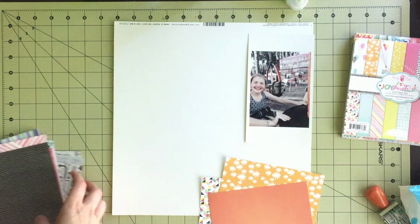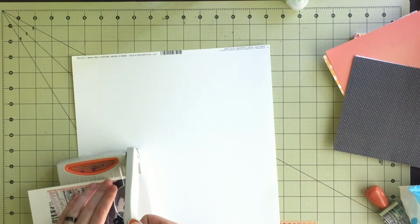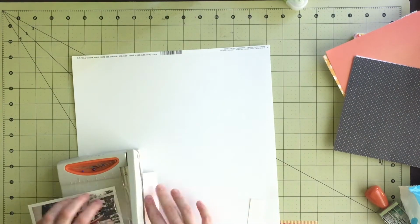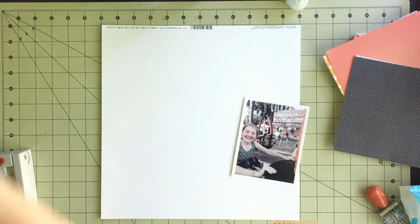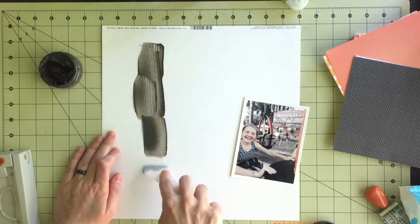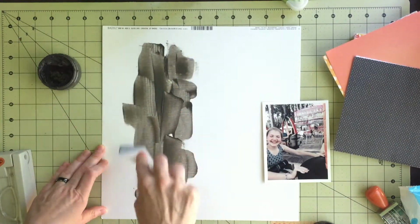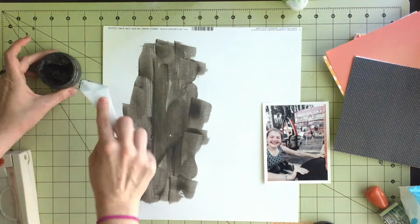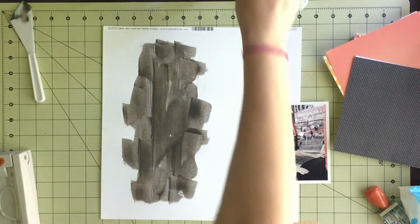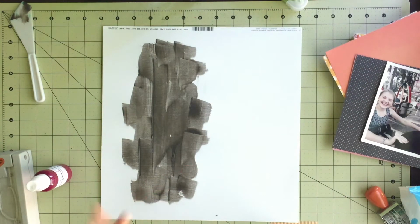And I have noticed that she does a lot of vertical type designs, usually on one side or the other, and so that's kind of what I'm going for here. Now, my color scheme I did partly based off of the photo that I have, but also off of the layout that I'm taking inspiration from. On that layout, it looks like she probably used a Sassafras collection. I don't have a lot of Sassafras, so here I'm going to be using some